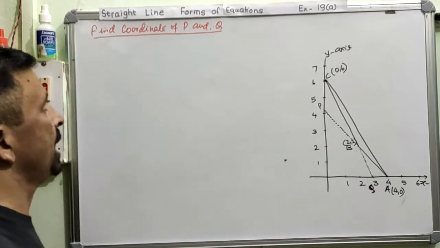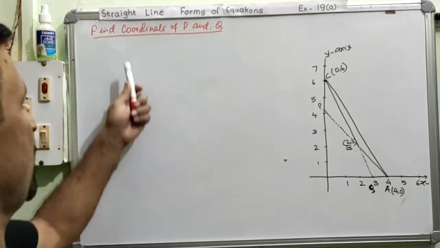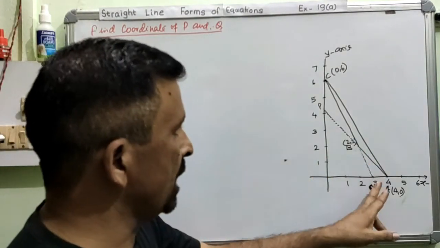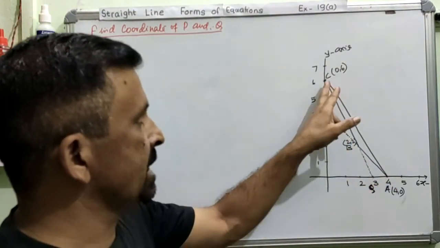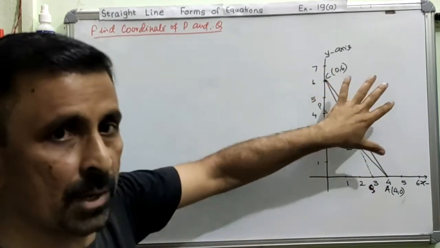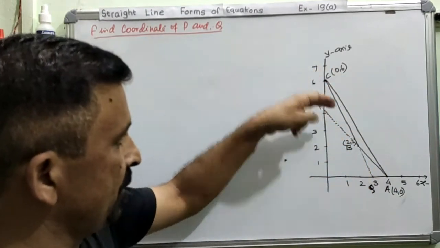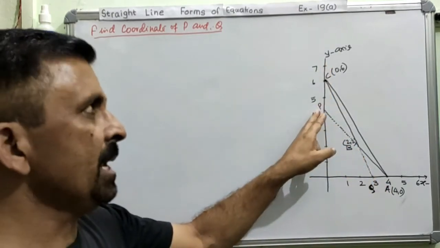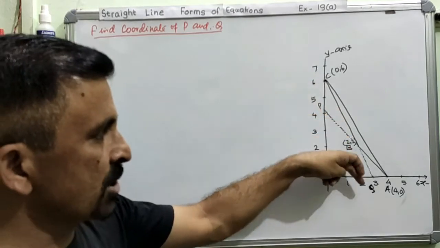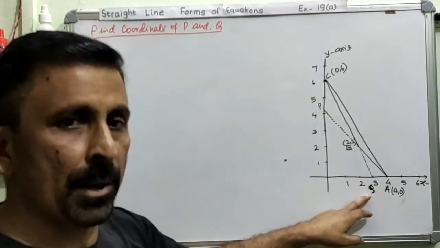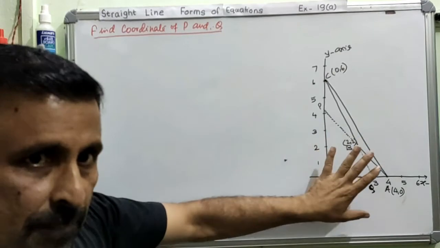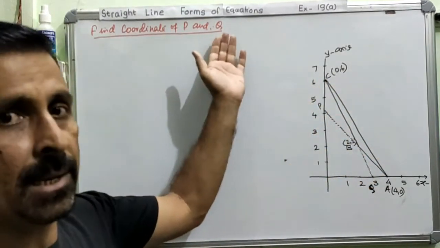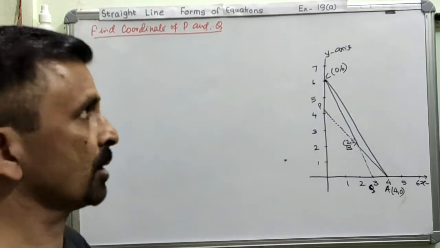Now we are going to find the coordinates of P and Q one by one. The situation is clear. First of all, there were 3 points A, B and C, so we have plotted those 3 points on the coordinate plane. The question said that you have to produce AB to meet the y-axis at a point P, and similarly CB is produced to meet the x-axis at a point Q. This is just information. From this information we have to find the coordinates of P and Q.